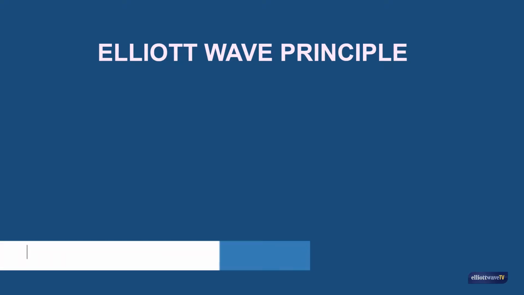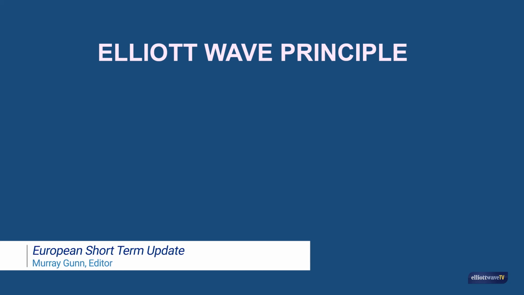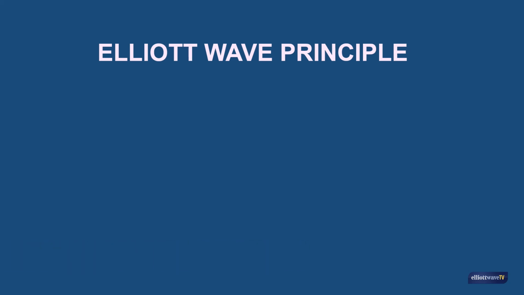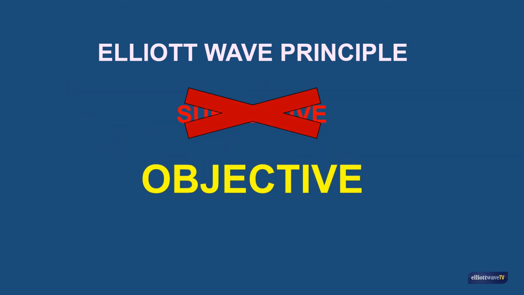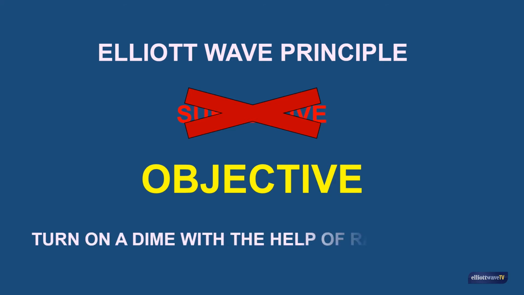The Elliott wave principle is the purest form of technical market analysis, yet it is not without its critics. One major criticism we hear a lot is that it is too subjective. Well, when you learn the wave principle, you find that it is, in actual fact, one of the most objective forms of analysis. Let's look at an example of how using objectivity enabled us to turn on a dime and